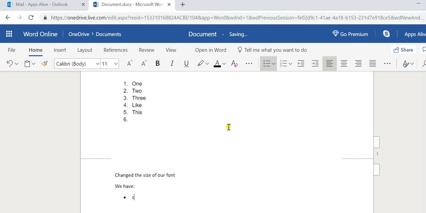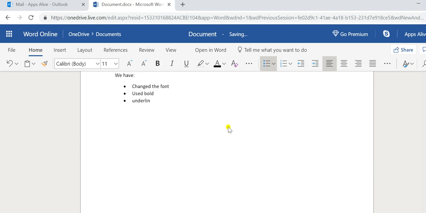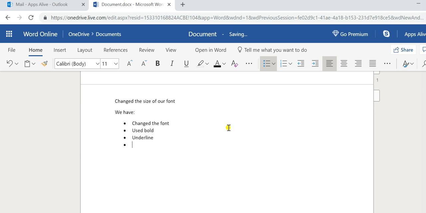We have changed the font, used bold, used underline, italics, we've used bullet points, a numbered list,